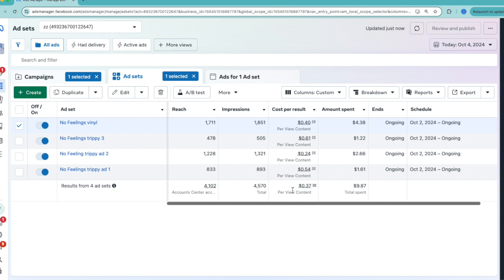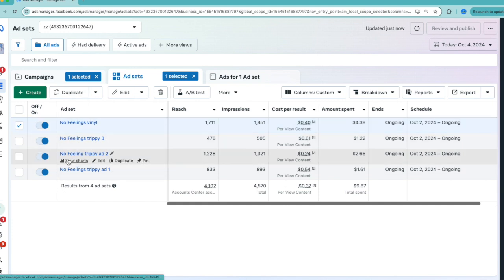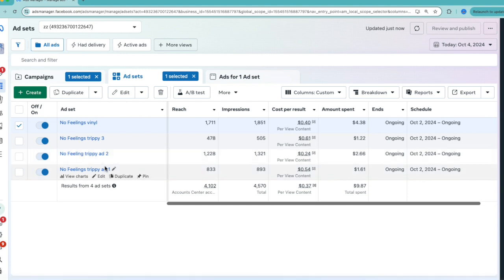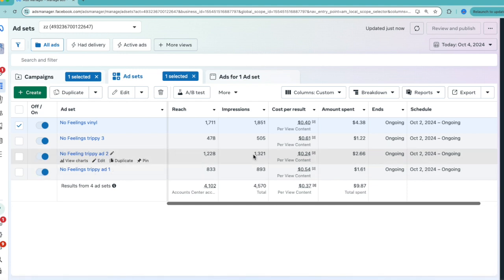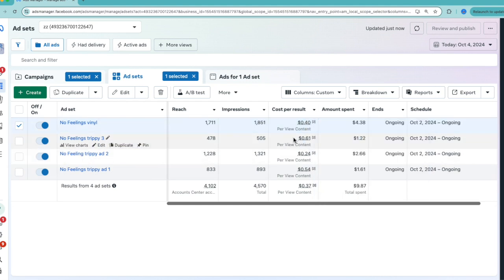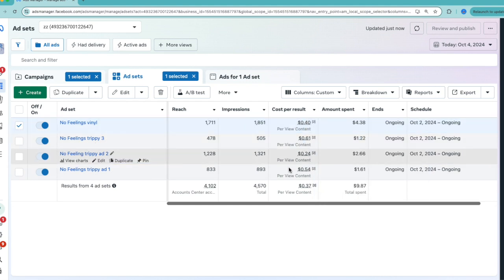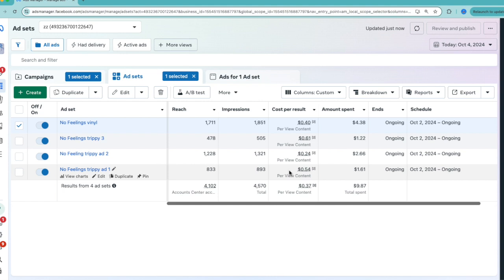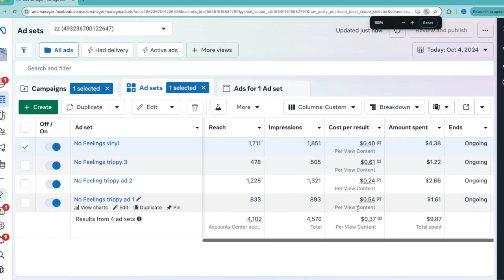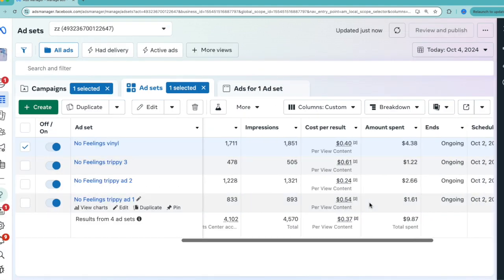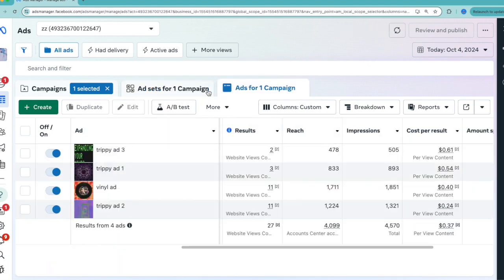In some cases, you may want to leave all these ads on. In other cases, you might just want to start turning some off, because of the cost per result. You see this one right here is 61 cents. No Feelings Trippy Ad 1 is 54 cents per conversion. If we look at